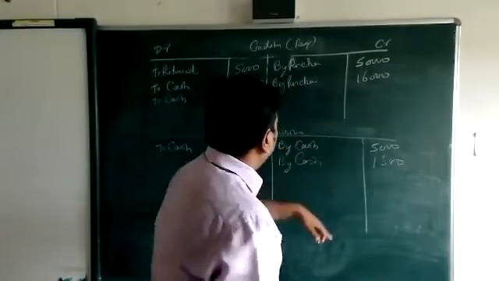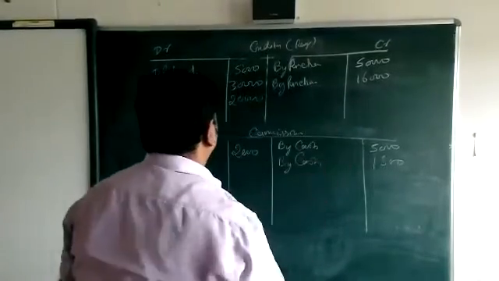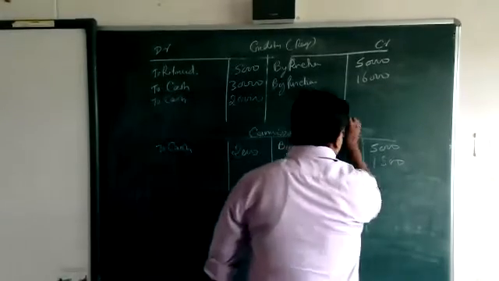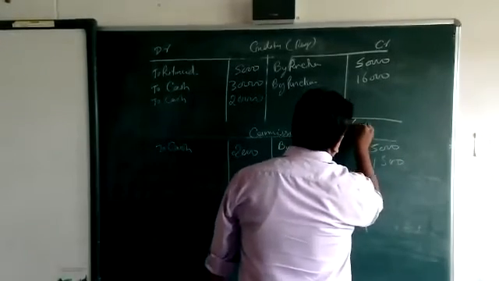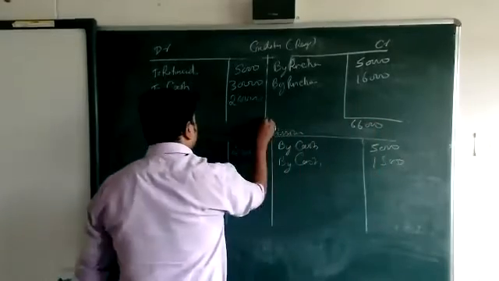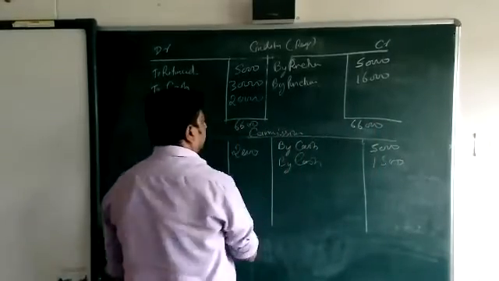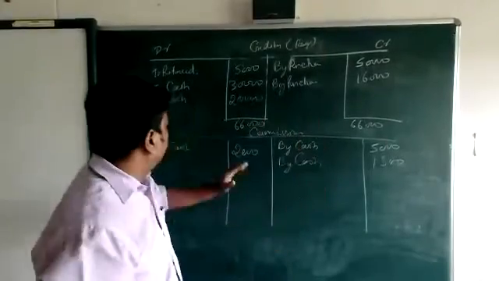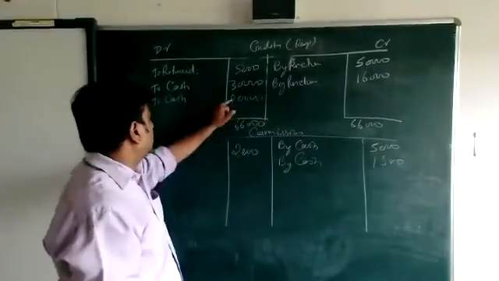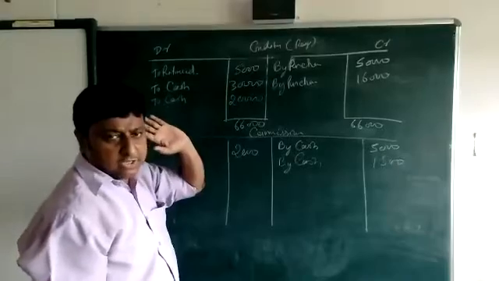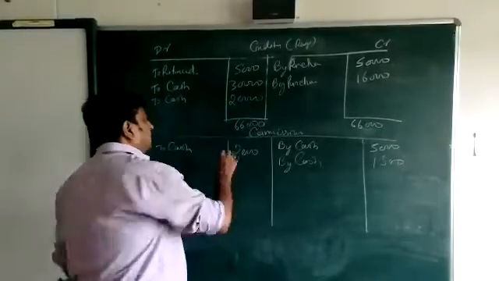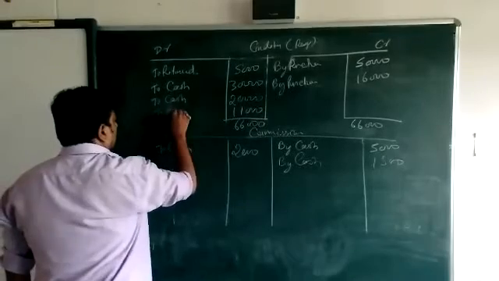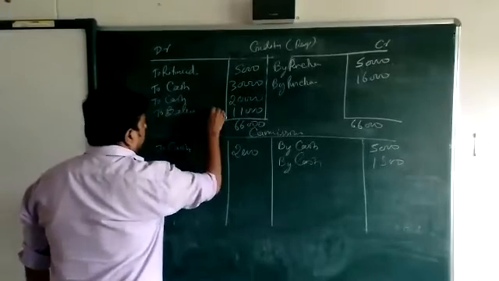That side, because this side is 66,000 and this side is 59,000. So which side is bigger? Just write the total amount of the bigger side on both sides. Okay, beta? Now this totaling is right, but this is wrong, na? Because this totaling is 55,000. There is a difference, and what difference is there? Write in the gap of this, and write down to balance C/D.